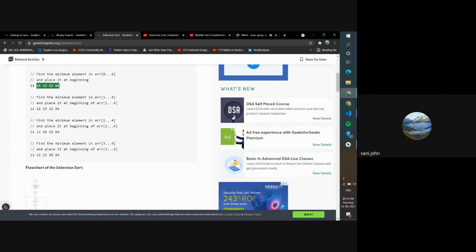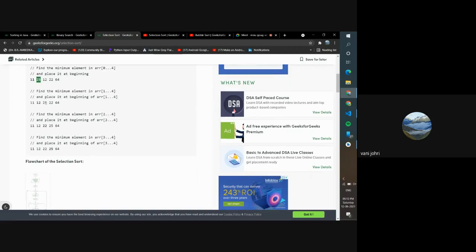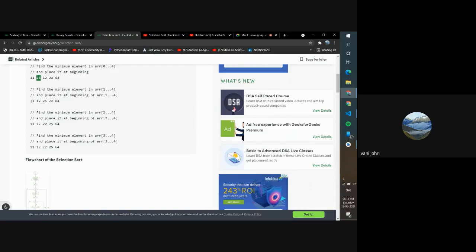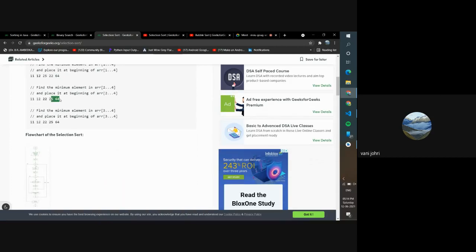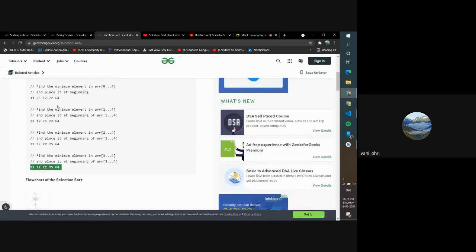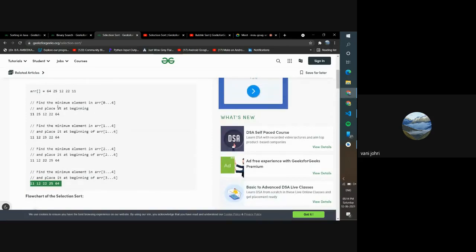As soon as we find the smallest number, which is 12, we will put 12 over here and we will put 25 in place of 12. See it over here? Then we know that these two are done. We're going to look through this part and find the smallest number, 22. We will put 22 over here and put 25 over here. Then the last time when we check, this is all right. So it is done and our array has been sorted. Did you guys understand what is happening? Yes, ma'am.